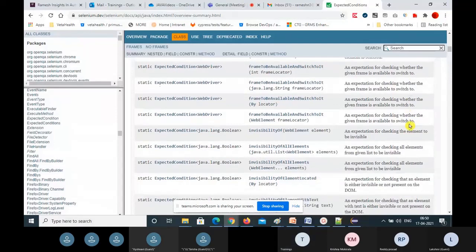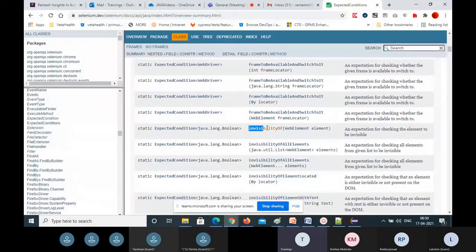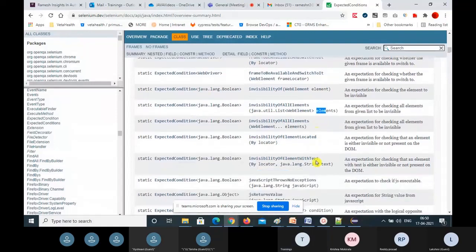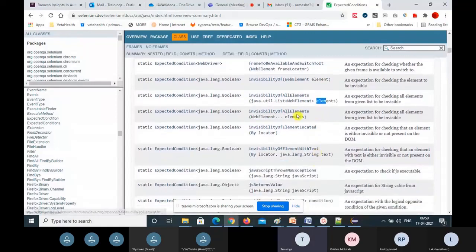Okay, so see that, so many methods. invisibilityOfElement is for checking the element to be invisible. invisibilityOfAllElements: if you want to verify a collection of elements should be invisible, then you can call this method. This takes optional arguments.